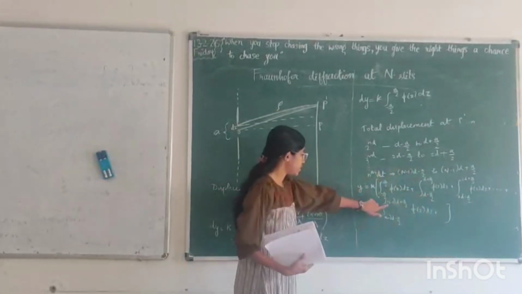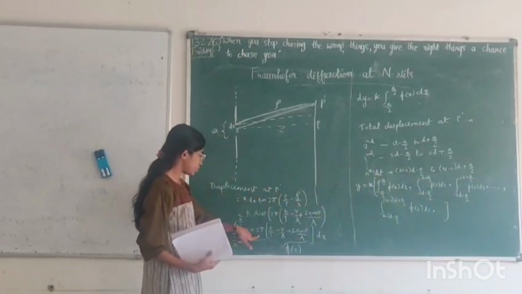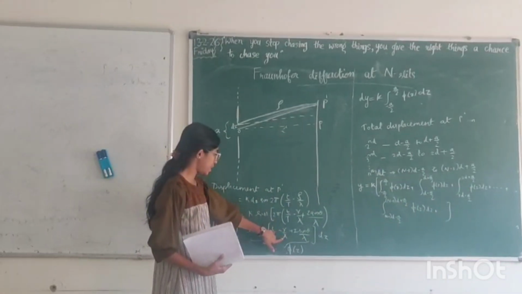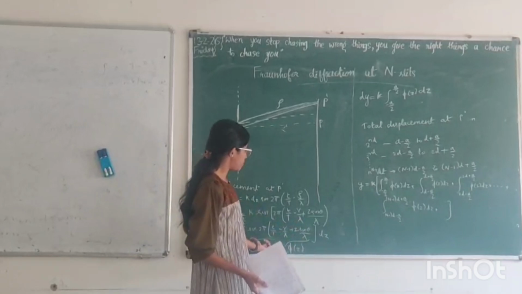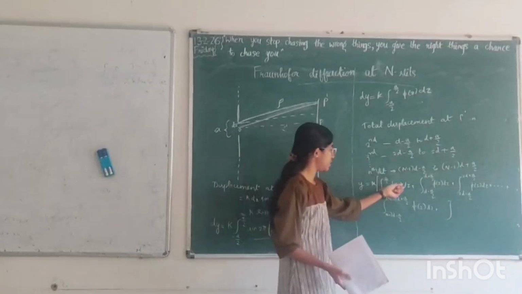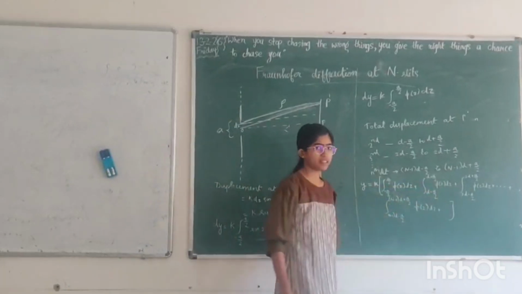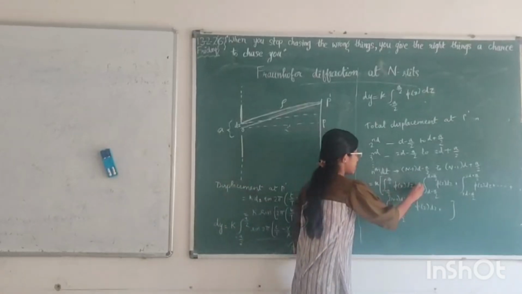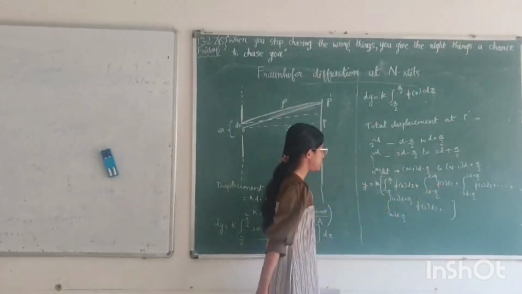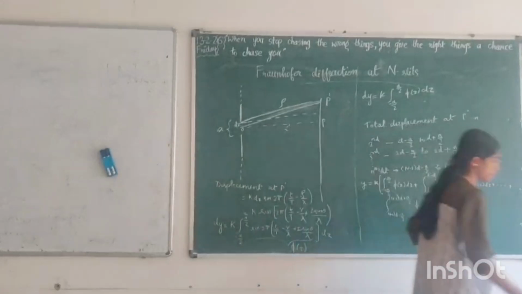Now this phi of z is equal to sin 2 pi into (t by T minus r by lambda plus z sin theta by lambda). So we have to put this value separately in each of these cases and find the integration. And on adding all those things and separating out the constants, we will get